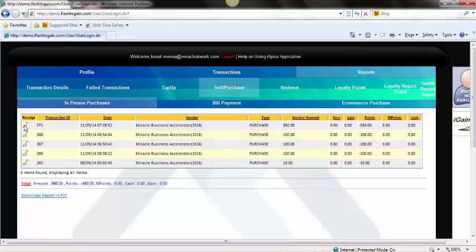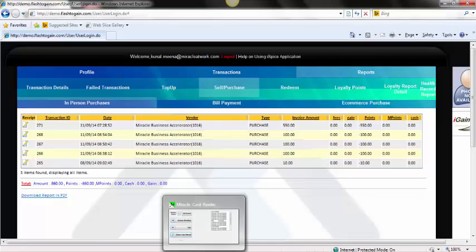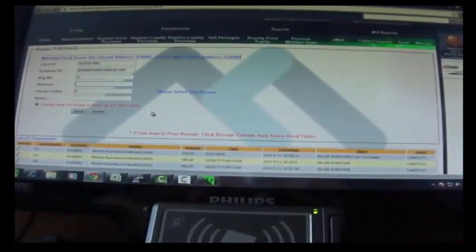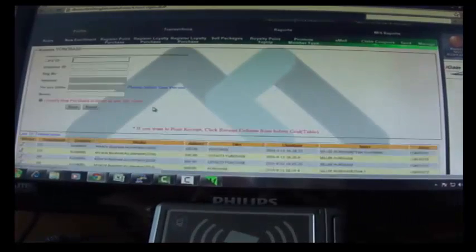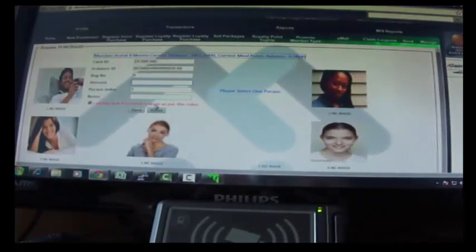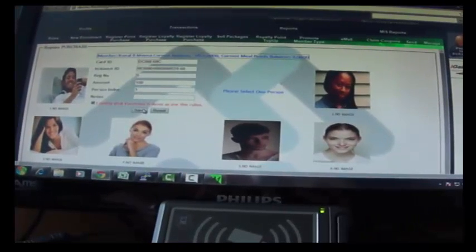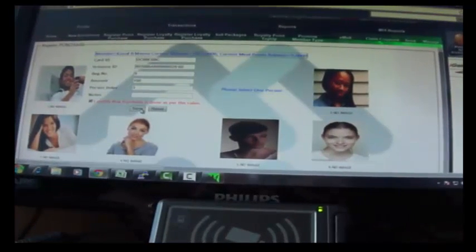So this demonstrates the data transfer over the cloud between the seller's POS as well as the buyers. Now I will show you how this application really works with the smart card. To demonstrate that, I have recorded a session where I flash the card on the reader. As you can see, I am flashing the card on the reader and the details are coming on the web page. Earlier what I showed you was my screen, and now I am recording it with the camera to demonstrate how easily and quickly it works over the cloud.